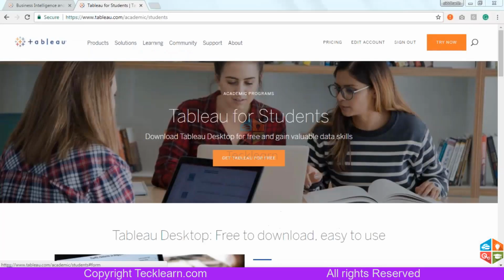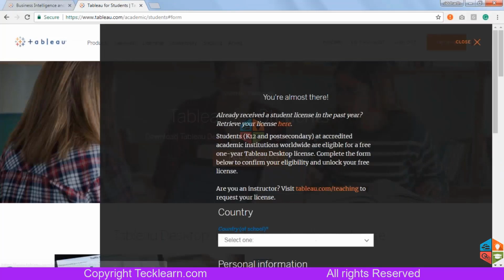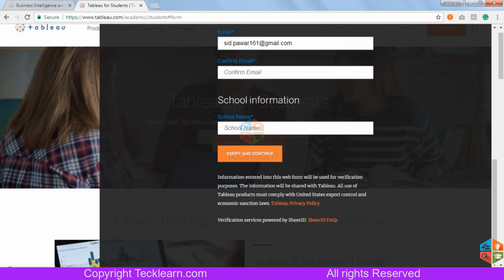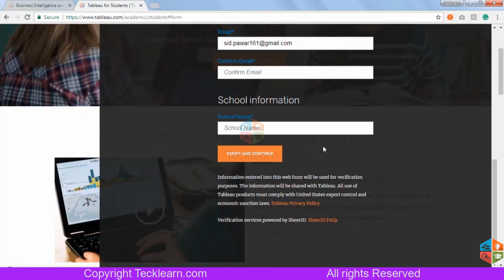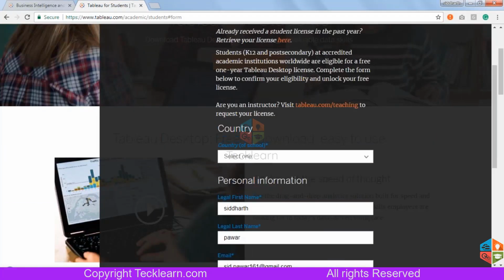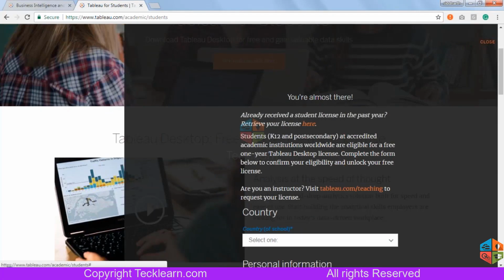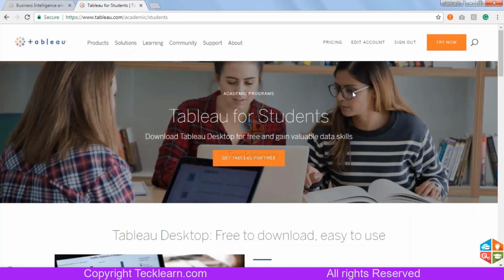Over here, they are giving students a 1 year free trial version. So you can get 1 year free software from Tableau. You just need to pass your information and your identity card and everything, and push those to the Tableau community. They will get back to you with a product key that is valid for 1 year. Yeah, but we are not students, so I don't know whether it will work or not.